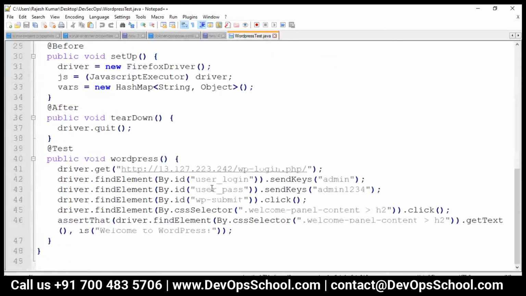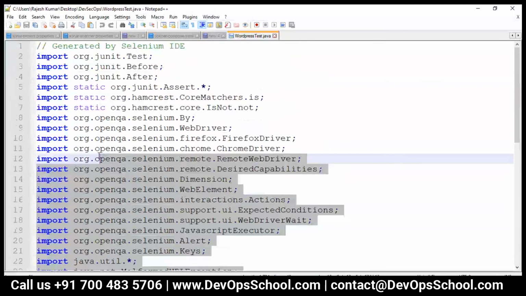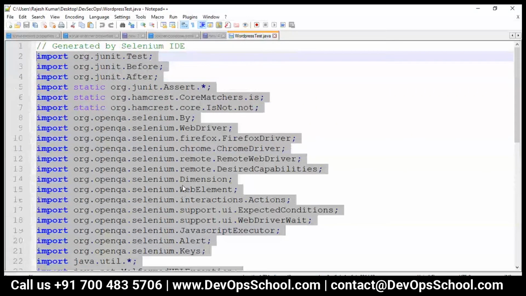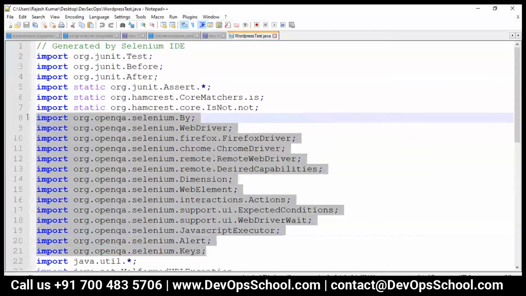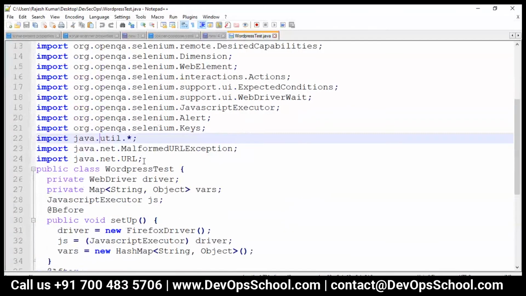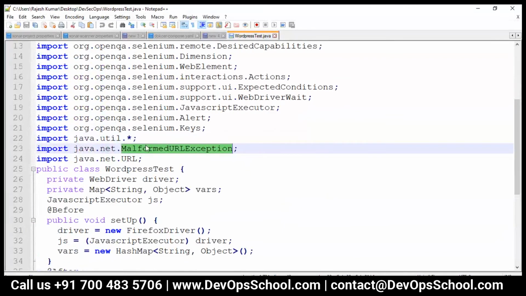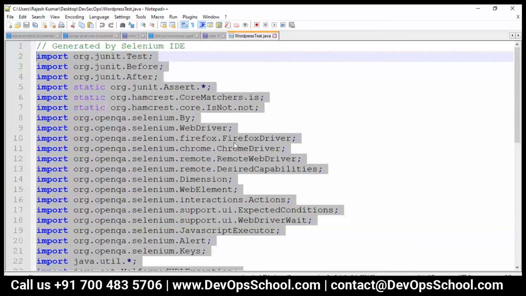See here, these are the libraries which they are calling. Now these libraries you should have in Java home, such as JUnit, OpenQA, Selenium. These are the libraries you should have loaded. Java utils most of the time is there already. This one exceptions and all. So these all should be loaded in the Java home directory.